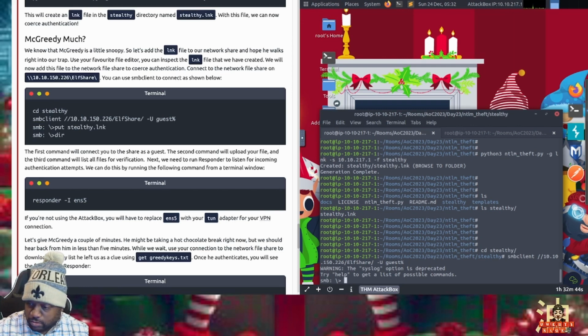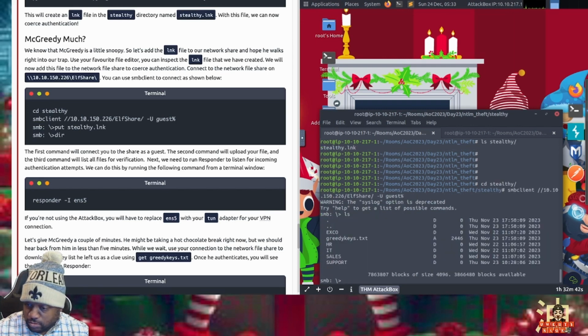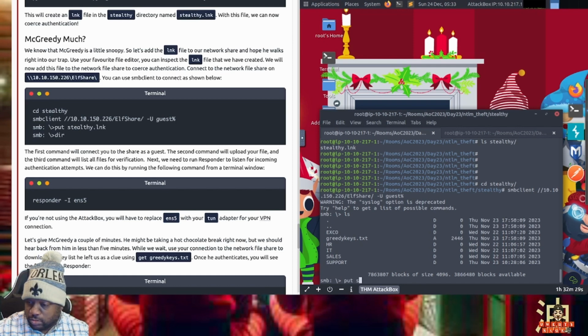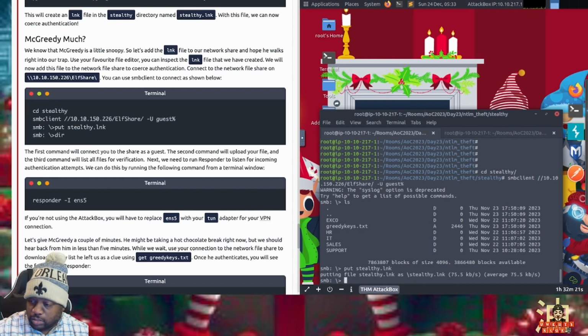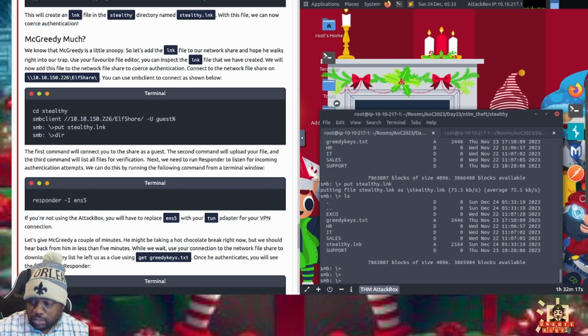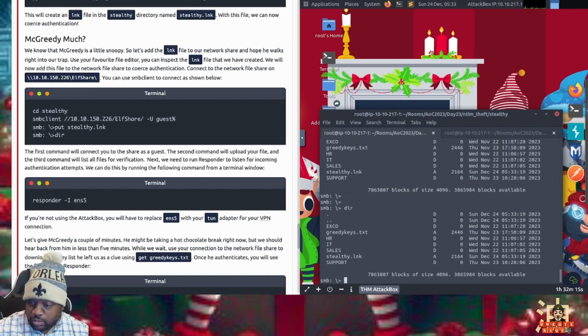All right. Make greedy secret keys. Okay. Put stealthy.lnk. Okay, it's there.